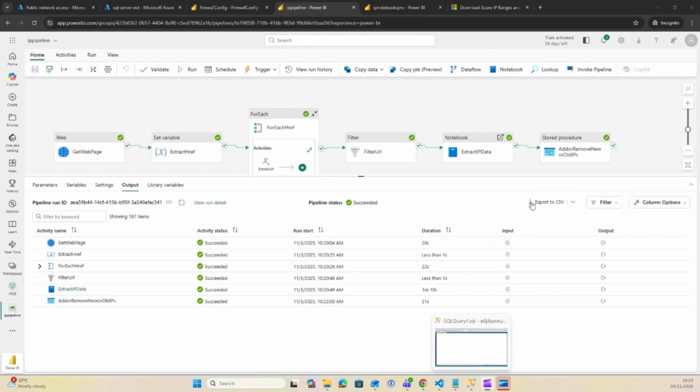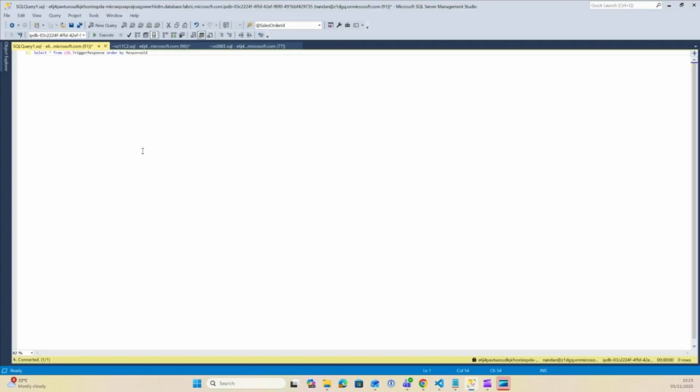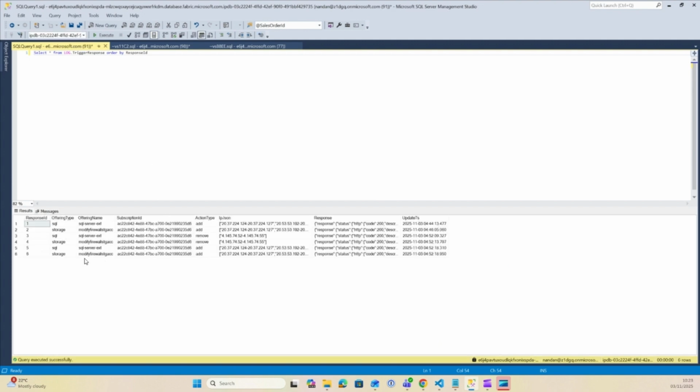So the pipeline was successful. And then if I check the Azure function responses, I can see that for the SQL and storage account, there was Power BI Australia Central for which the IPs were deleted. So there are two remove actions across SQL and storage. And there was one additional IP that got inserted, hence there are two add records. So this solution not only helps in automation of adding IPs to the offerings in the first instance,